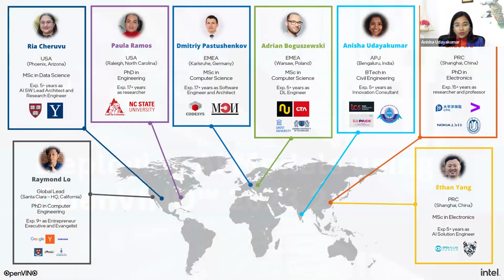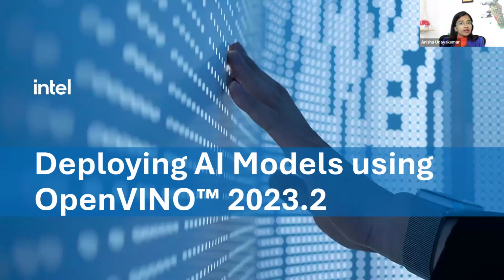And today's session is deploying AI models using OpenVINO. I would quickly like to ask a question: how many of you coders are into AI development? And if so, what is your favorite AI framework and the language that you code in? This is just for me to get to know how many of you are Python developers, C or C++ developers, and others in the group.